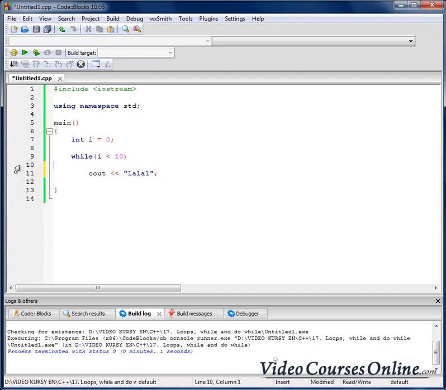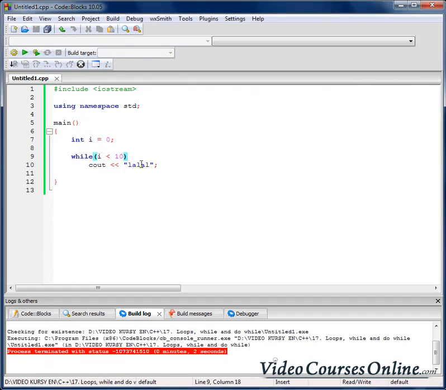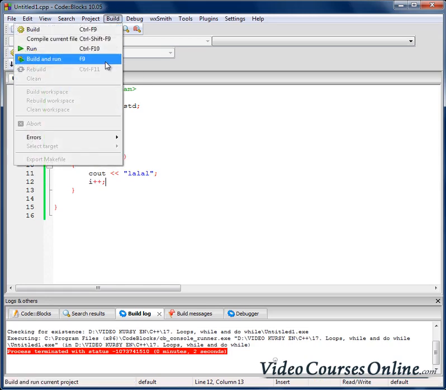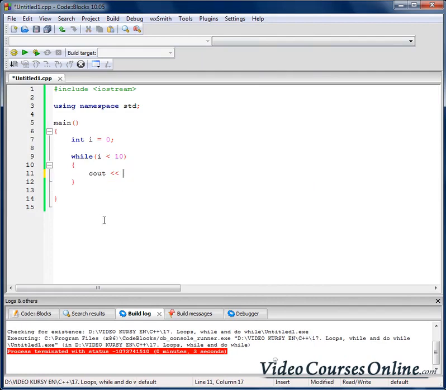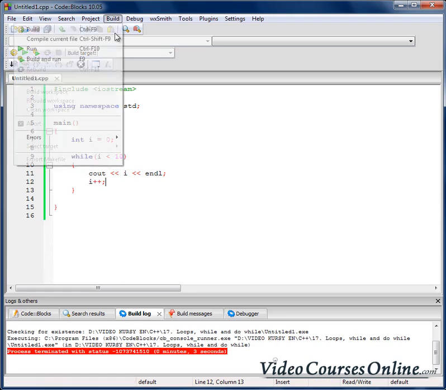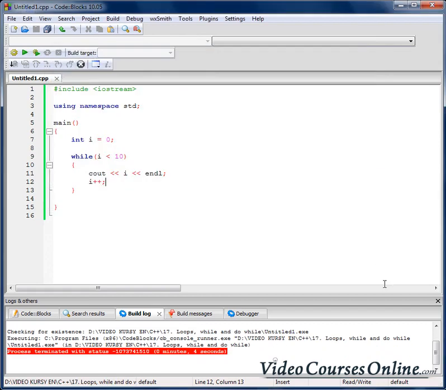Let's see. Right now I will just run it, and as you can see, our condition is right now always true, because 0 is always lower than 10, right? The i is not changing. If I change the i, for example, I will do something like that, then this thing will be run 10 times, right? So, well, let's maybe send to the output i and do something like that, right? Let's see. As you can see, we have 10 numbers here. Okay, so it's working like the for loop,